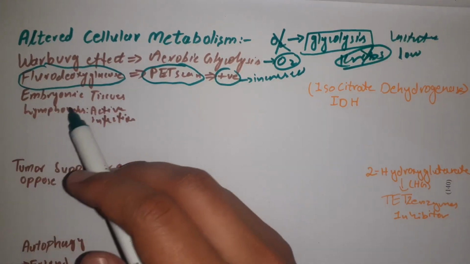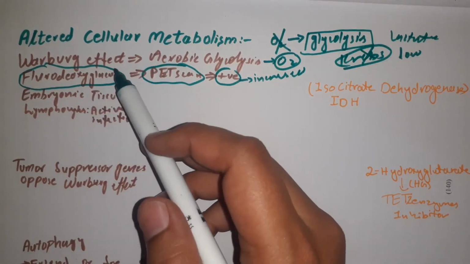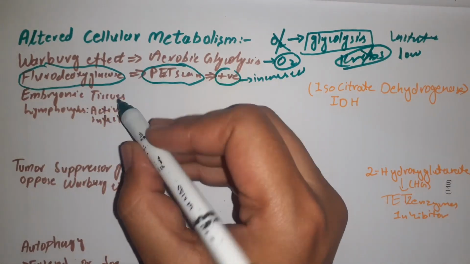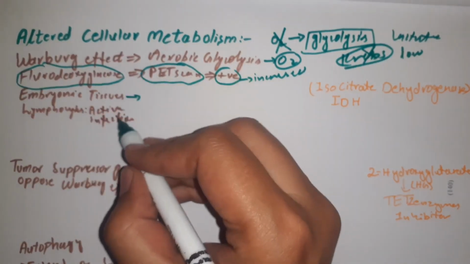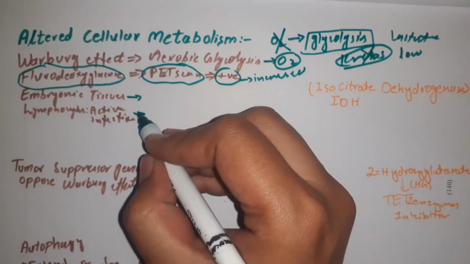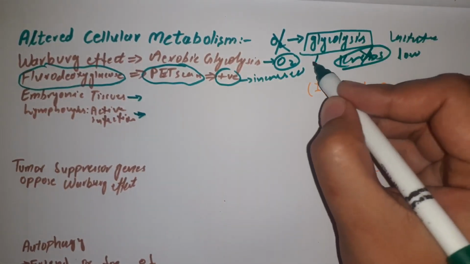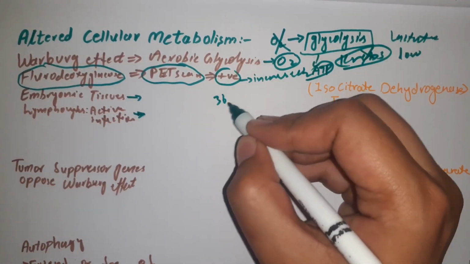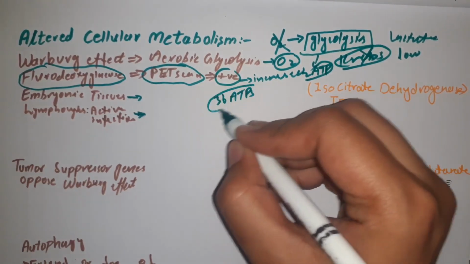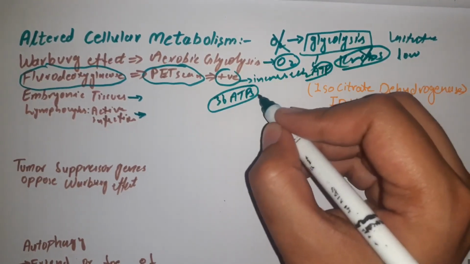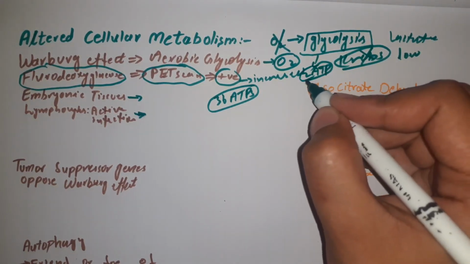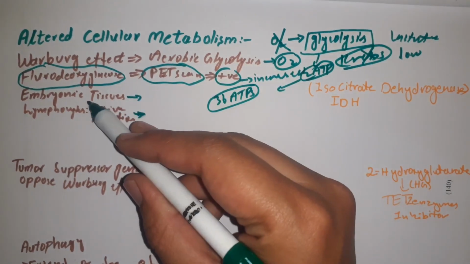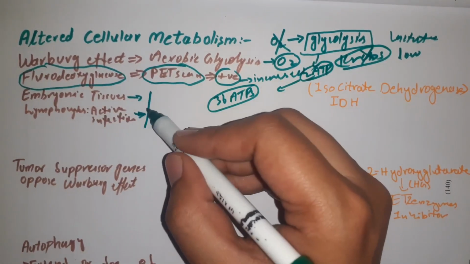This Warburg effect is not limited just to cancer cells, but it also happens in the rapidly dividing cells of the body, for example embryonic tissues, as well as lymphocytes during active infection. So why does it happen? Glycolysis only yields 2 ATP. However, in the case of the Krebs cycle and oxidative phosphorylation, 36 ATPs are formed. Yet cells choose a pathway in which the production of ATP is very low, because rapidly dividing cells, including tumors, embryonic tissue and lymphocytes, also require the